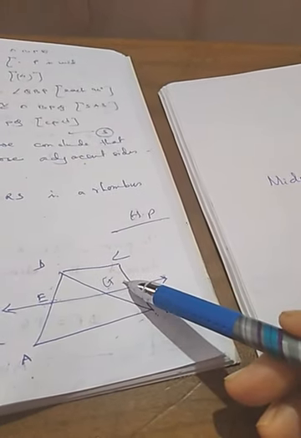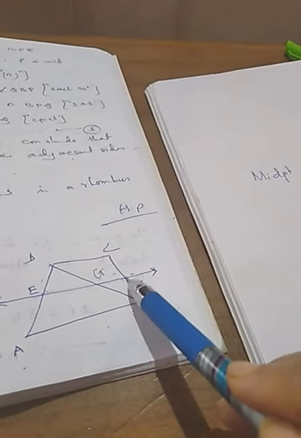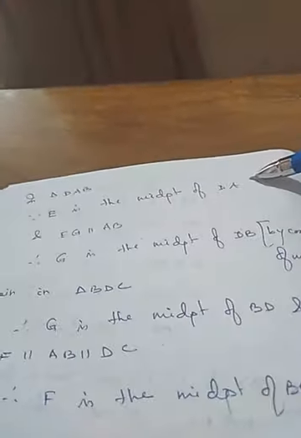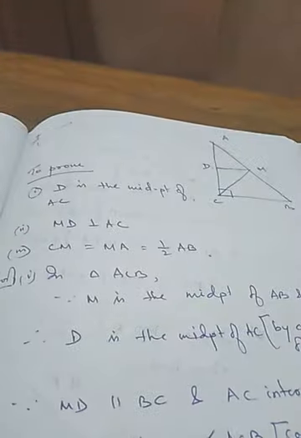Now next you come to this triangle. As G is the midpoint of BD and GF is parallel to AB, therefore by the converse of the midpoint theorem, F is also the midpoint of BC. Here you see we have written the same way. In triangle DAB, E is the midpoint of DA and EG is parallel to AB, therefore G is the midpoint of DB. Again in triangle BDC, G is the midpoint of BD and GF is parallel to AB, which is parallel to DC, therefore F is the midpoint of BC. Hence proved.